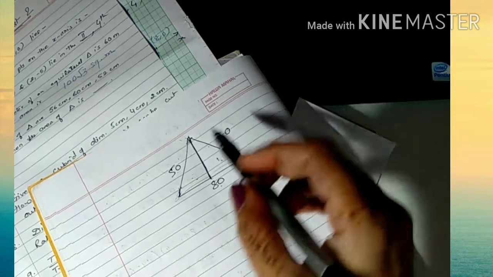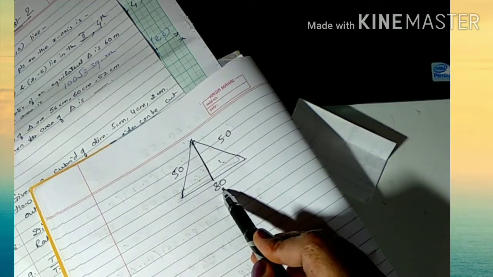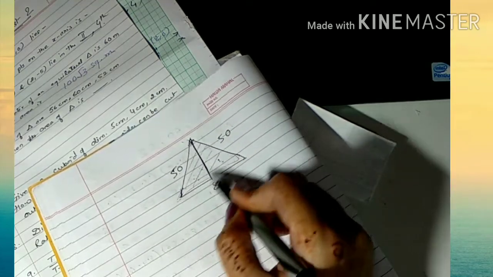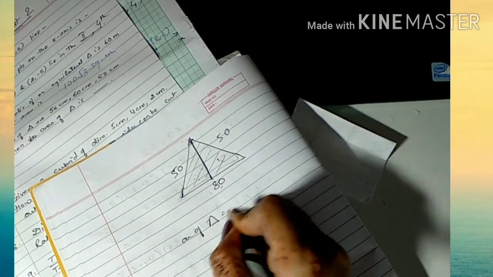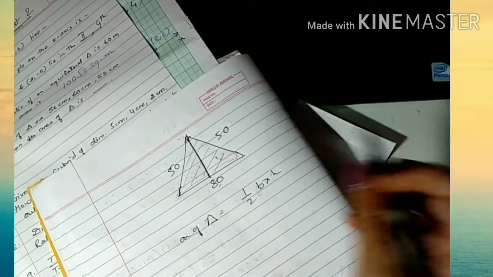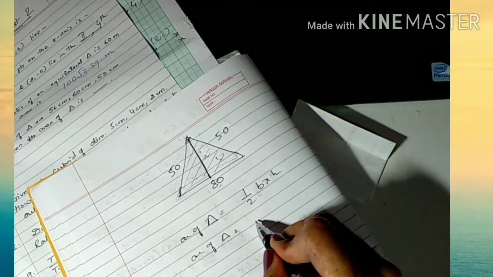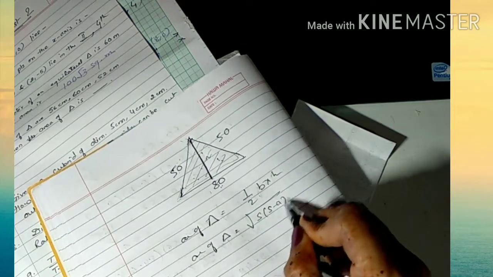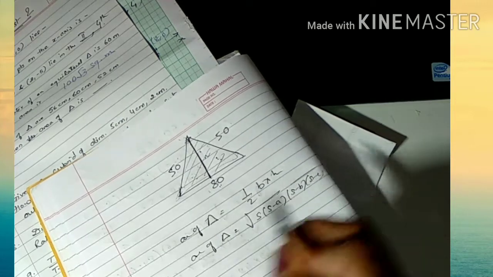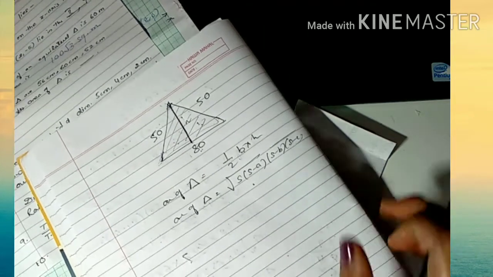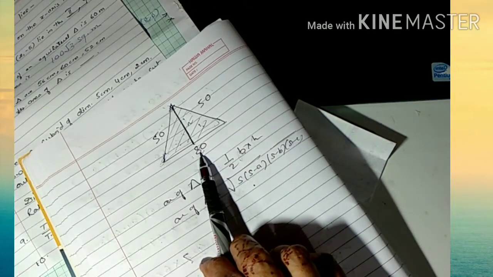The area of this triangle, and when we are just hanging, if a golden thread is hanged from the vertex so as to reach the side 80 centimeter, we have to find the length of this. So now what we know? Area of triangle is equal to half base into h. So this is our h. And the area of the same triangle can be obtained by the Hero's formula by s, s minus a, s minus b, s minus c. आप इन दोनों को क्या कर देंगे? इक्वेट. क्यों इक्वेट करेंगे? क्योंकि both are the area of the same triangle.